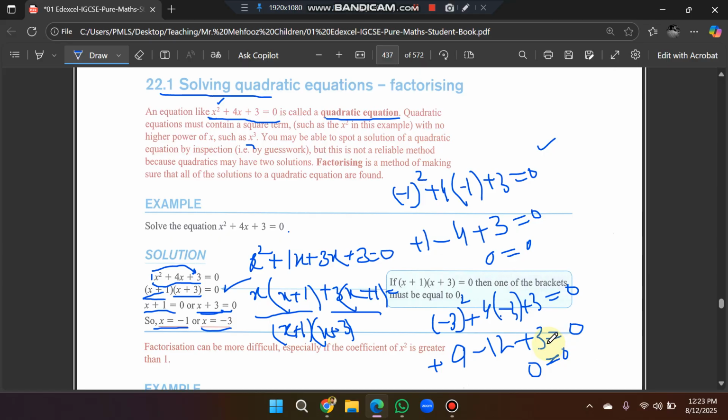Do you understand how we can find the quadratic equation solution and how we can check the solution? Yes, yes. Is it correct or not? Yes. Okay, so the next example is that